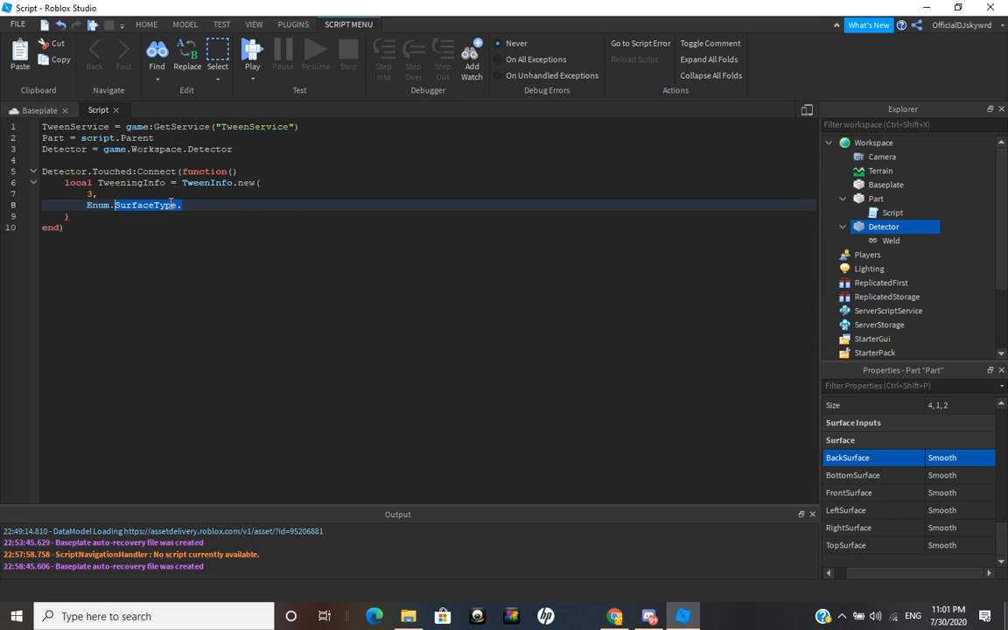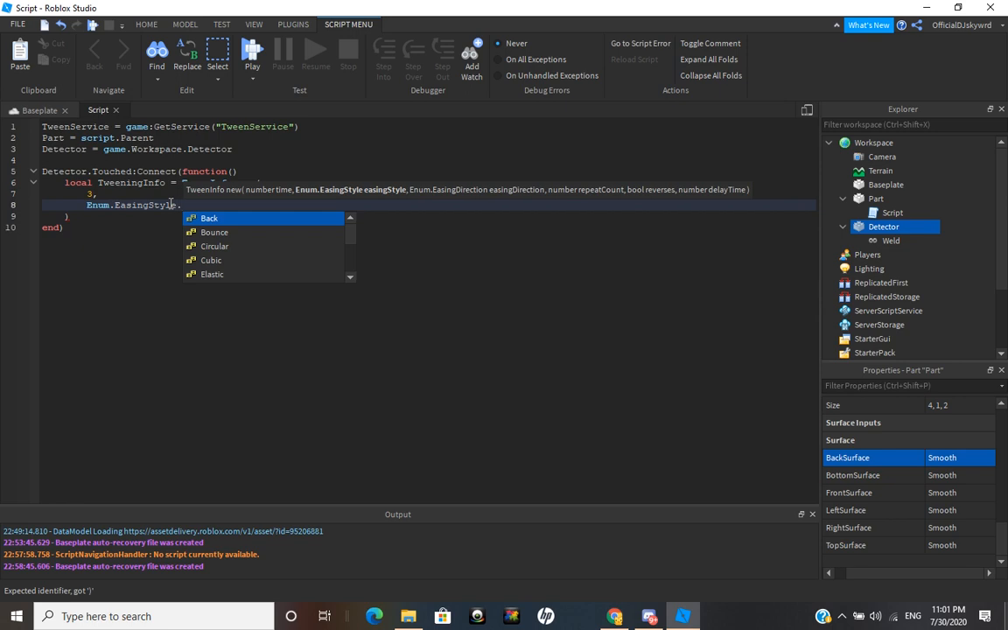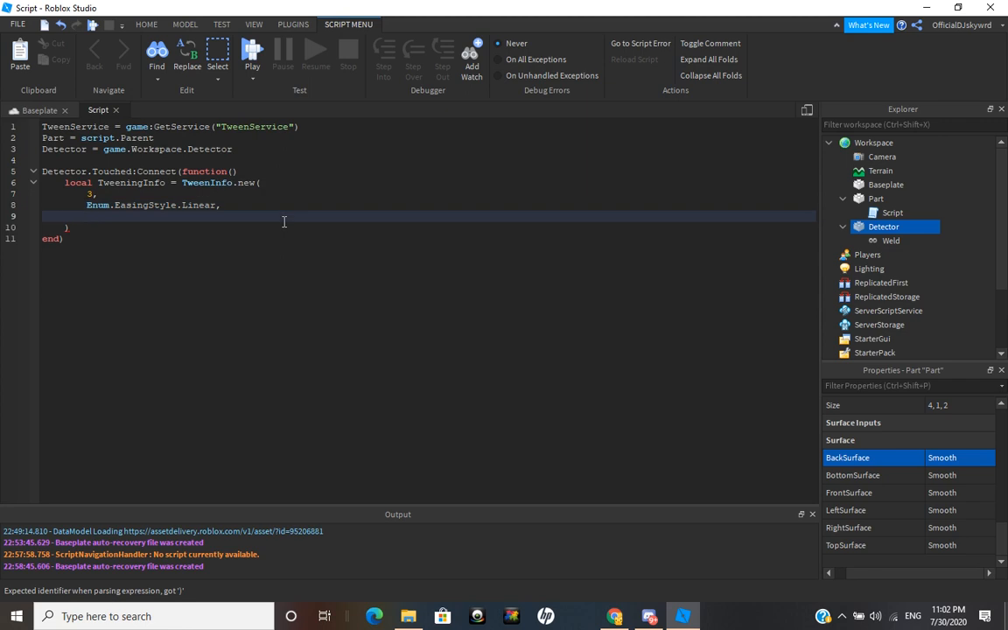So we're going to do enum dot easing style dot, and then now we got basically our drop-down menu. And then you guys can test around with this, but I'm just going to use linear. That's what I suggest for creaking doors, because then it does it smoothly. There's no bouncing or anything in between. Anyway, you want to do comma, and then now you want to do the direction. I don't really see this as mattering. I'm just going to put it as out. Easing direction